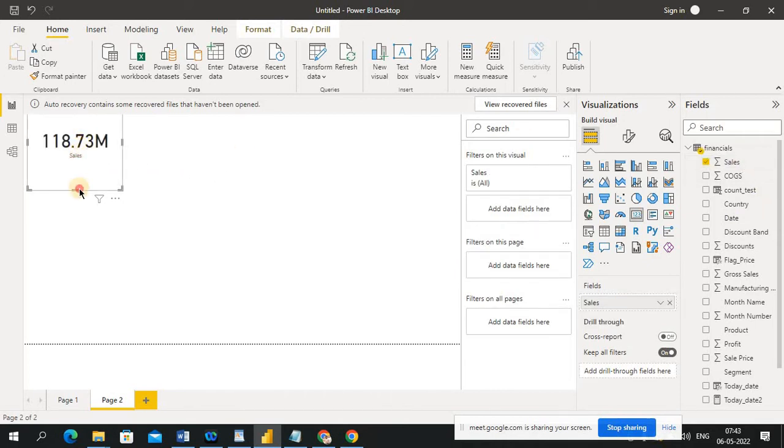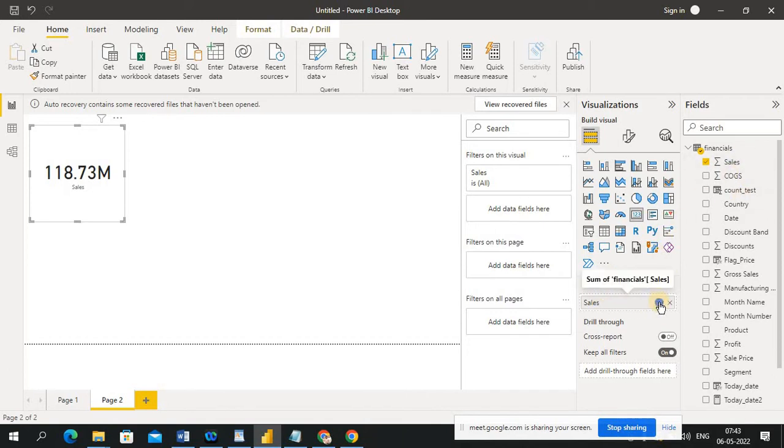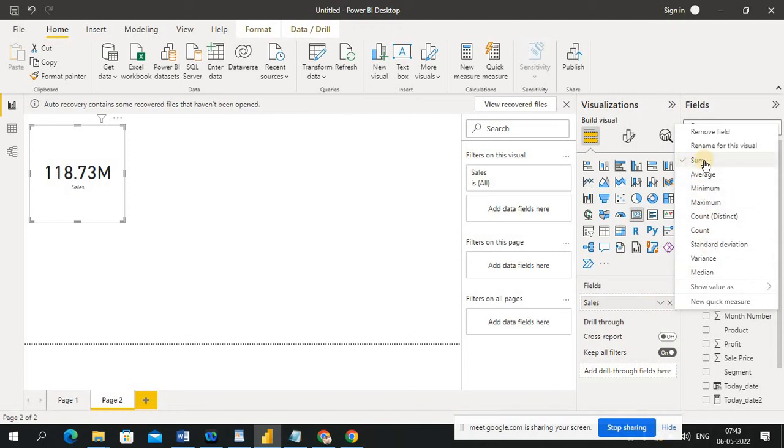Okay, when I drag and drop this, you can see here this column I am using in this card. Here the sales, this one is the sales field. So if you right click on this, by default it will take sum,